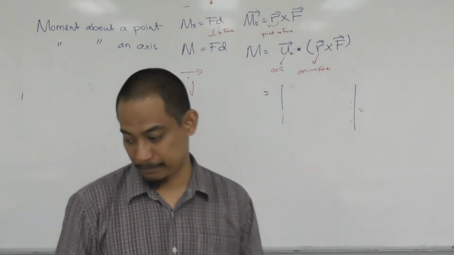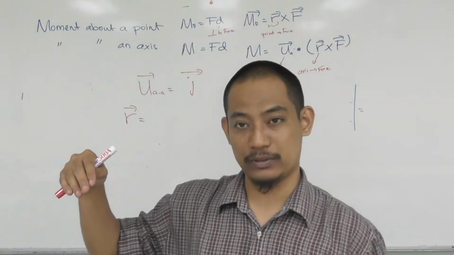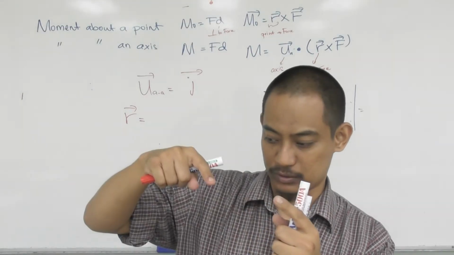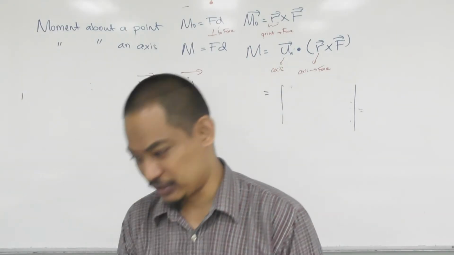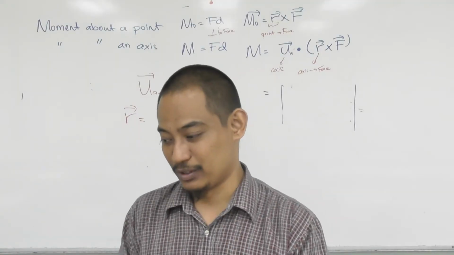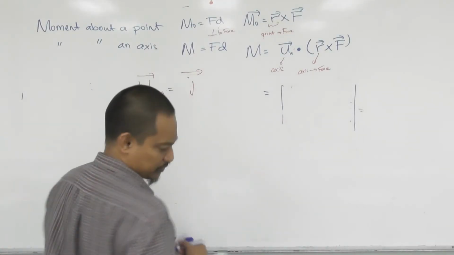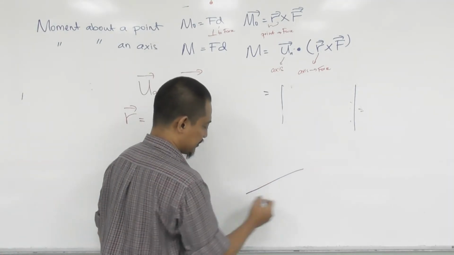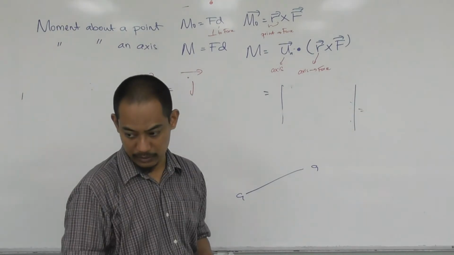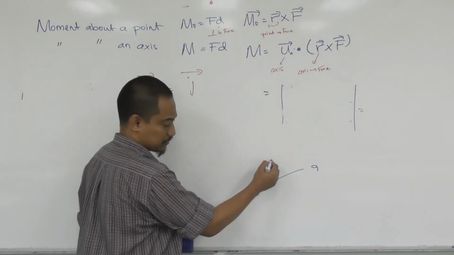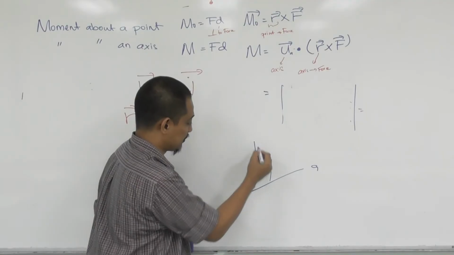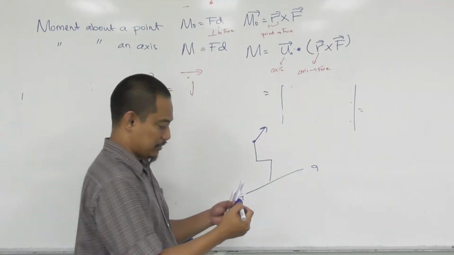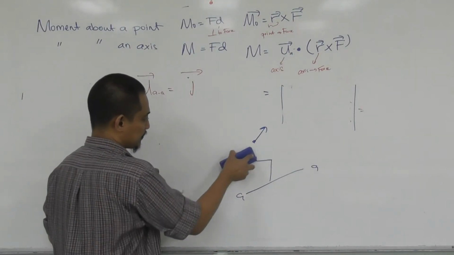Alright, for the unit vector for r, so from where to where? So it's basically from the axis, because there's no point there, so from the axis to the point. The point, okay, there's no label in there, so you understand that in a way, basically, there's like an axis here, right? And then there's something like this in the diagram, and then the force is here like that, right? So what I need is just